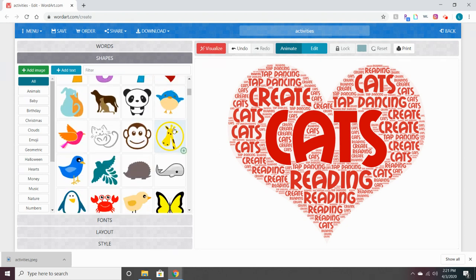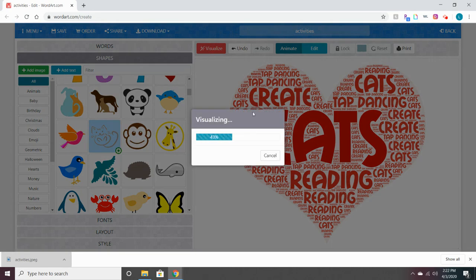You want to be careful as you play around. We all know Miss Fink likes cats. And obviously, there's a big word cat there. If we see this picture of a cat here, it's just thin lines. So if I click on it and visualize,